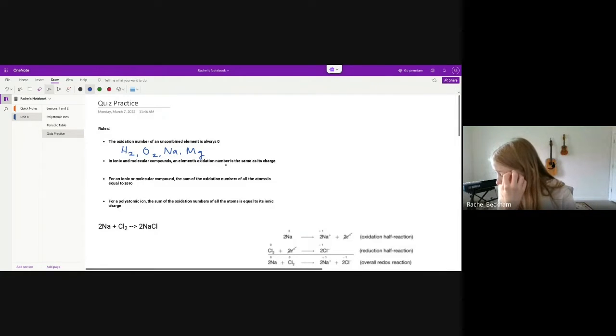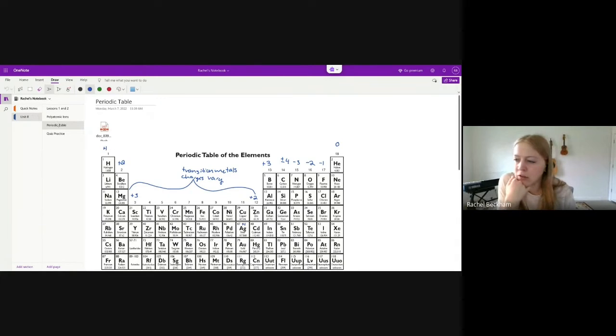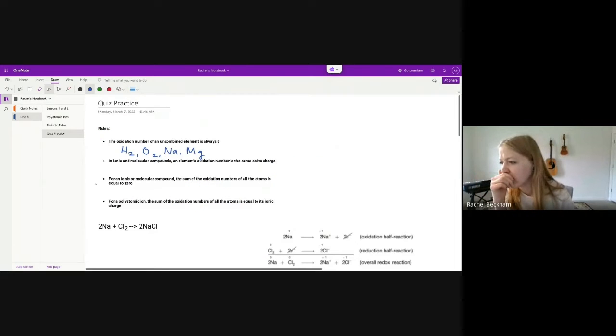The next thing is that for ionic and molecular compounds, an element's oxidation number is the same as its charge. So if you have a periodic table, you need to have the charges written above them on the periodic table. If you don't have one, then take a screenshot of this and refer to it. But all of these elements have certain charges. And so when they are in a compound, an example of this would be like